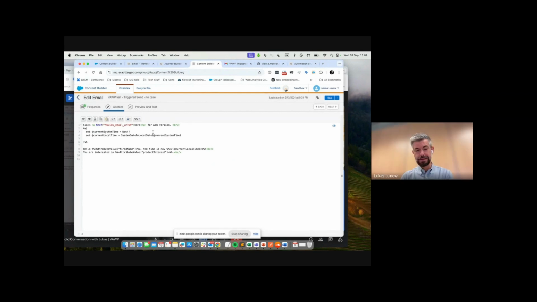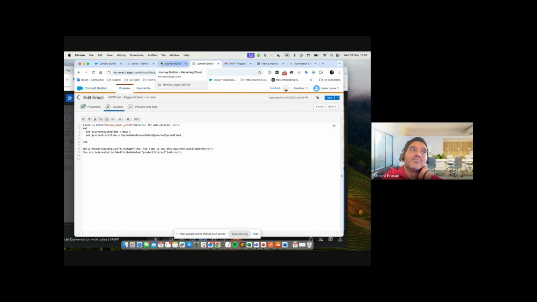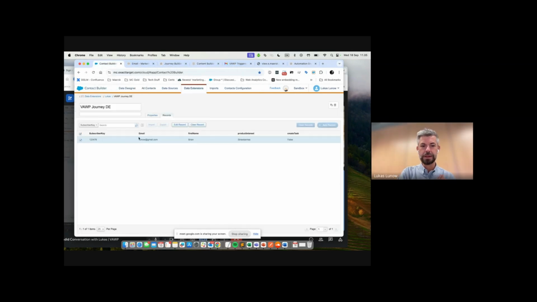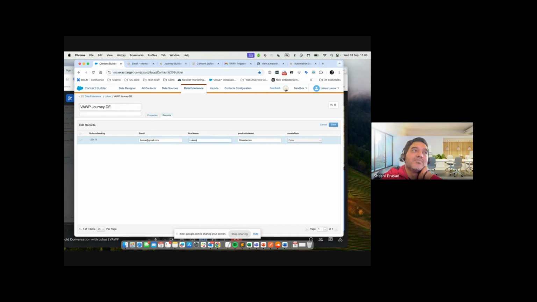It's generated again, and this is an example which just reads this information. So of course it's a bit more simple because it doesn't mess anything up. You can just see something else. What we see here is, of course, that the time is changing, and what I can try to do is change my first name to Lukas and my product interest to cars,